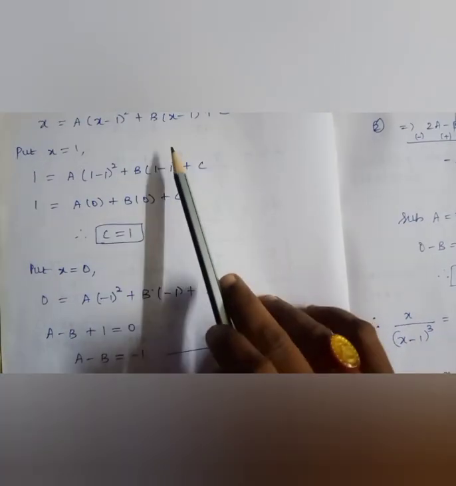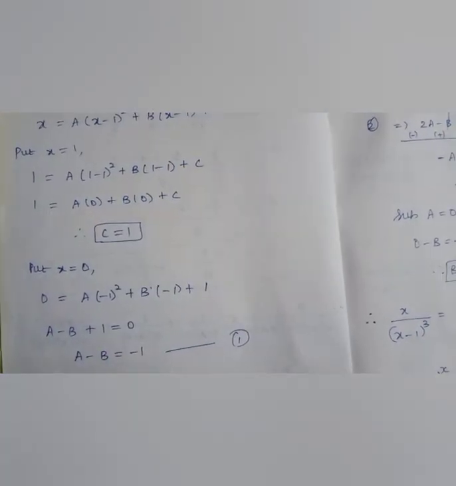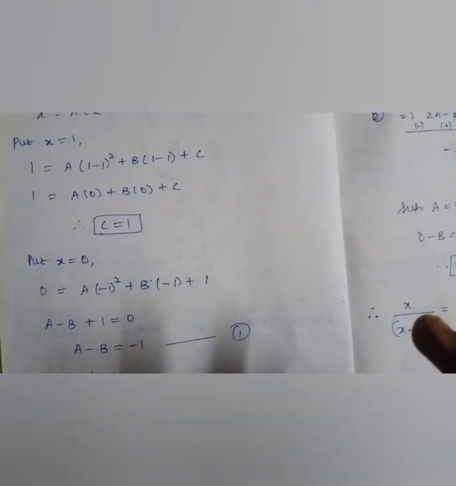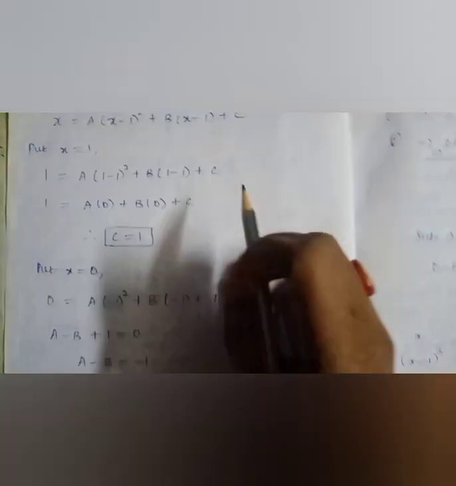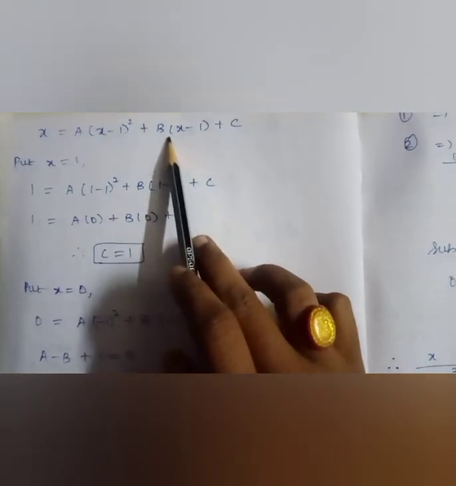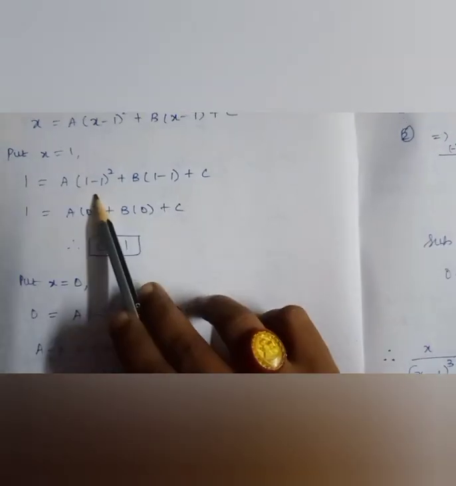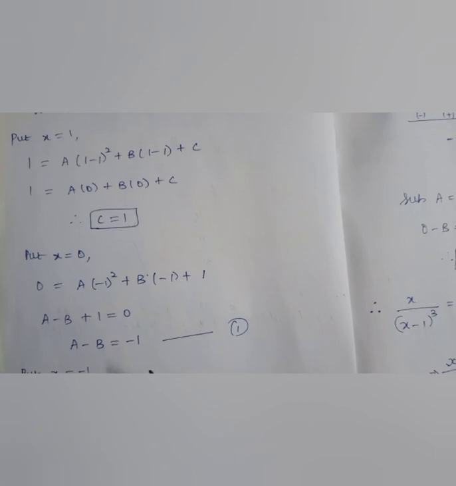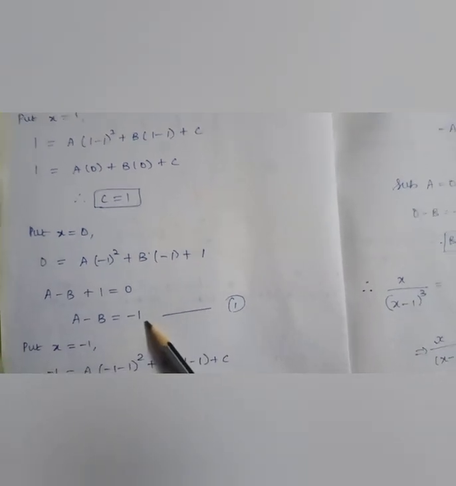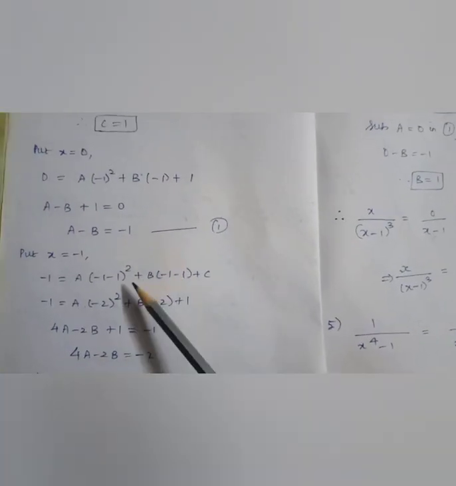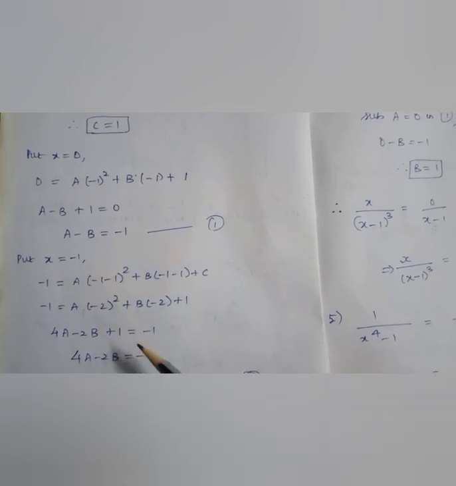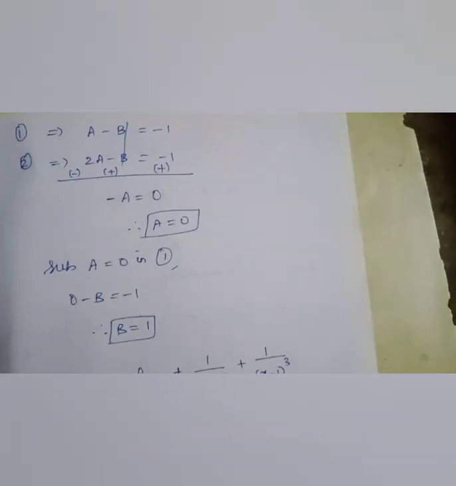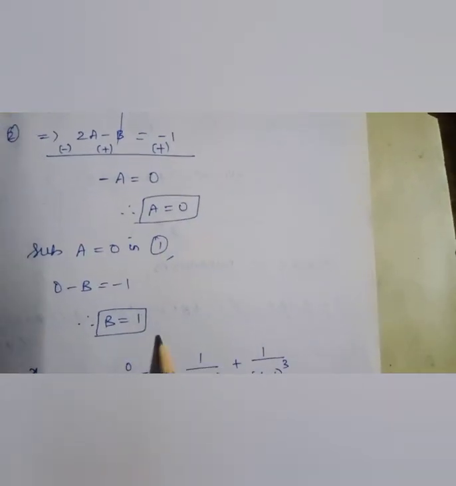So after all the possible availabilities, whatever numbers we can substitute depending upon the expression, only one possibility is there, that is 1. We have substituted, we got the value of c. Then I have to go ahead with 0. So when I am substituting 0, I am getting this equation. I told you after substituting 0, what you have to do? You have to go with the least number, minus 1. There I am getting one more equation. So solving these two equations, I am getting the value of a to be 0 and b to be 1.